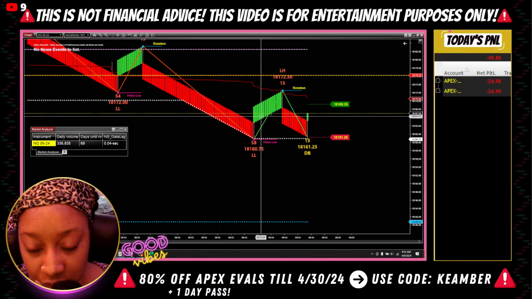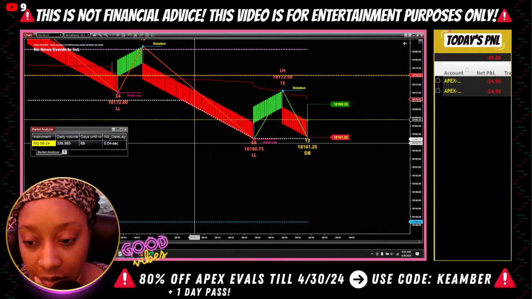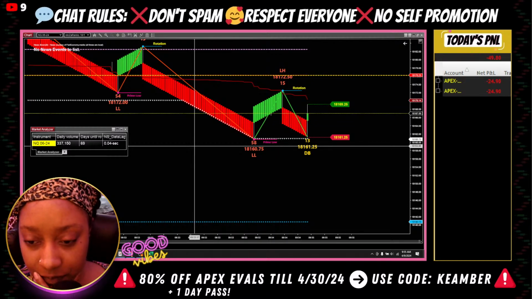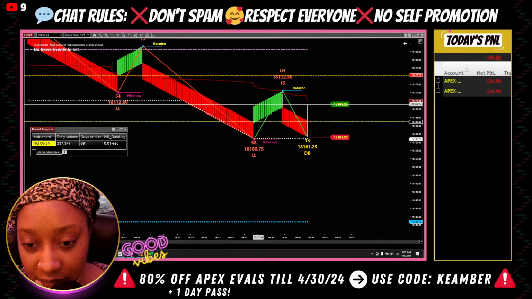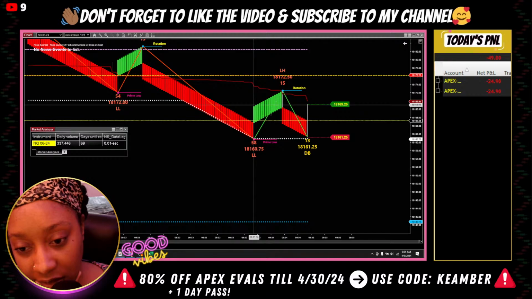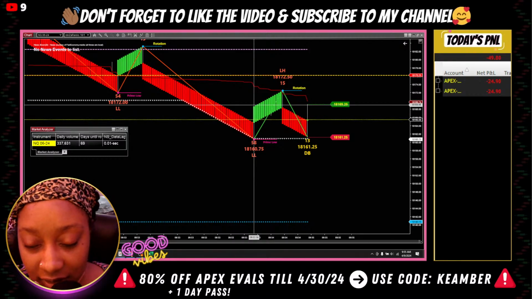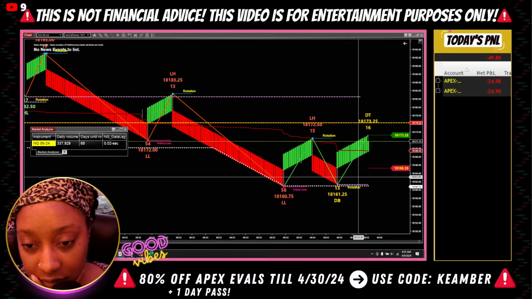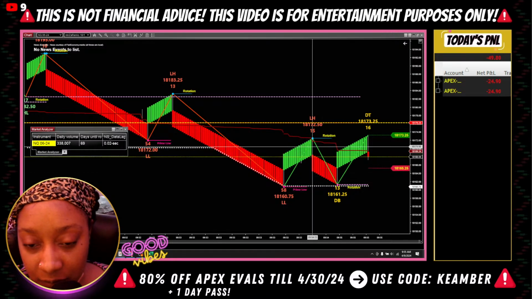Because this zigzag isn't a normal zigzag, it's based off of volume. But yeah, every time I try to put the buy stop order in, it would get above it, and then I would try to put this. It was just too much. But yeah, I would have gotten stopped out if I didn't break even with that zigzag change.